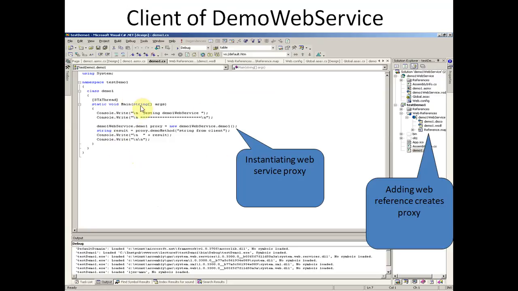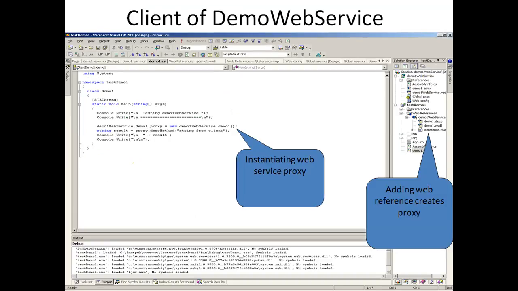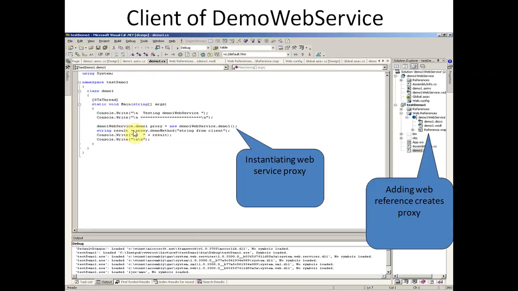When we have to initialize, we can write the main function. In this program you can see main here, static void Main(string[] args), and here we are testing the demo service, and with Console.Write we are displaying this dash, an underline, which means the text testing demo1 service is underlined by dashes. And demo1 web service dot demo1. As we have defined the demo1 class under the demo1 web service, so we are writing demo1 web service dot demo1.